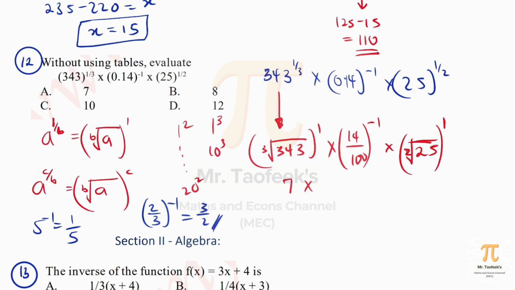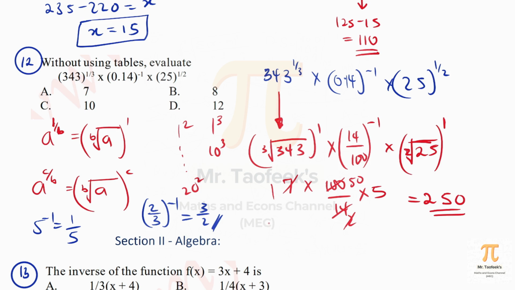So in this case now, having a -1 there simply means we're going to flip this fraction. This entire fraction here is going to be flipped, and then we're going to have 100 out of 14 times the square root of 25. Everybody knows that, right? So simplify very quickly. 7 here 1, 7 here 2. 2 in 100 is 50. 50 times 5, 5 times 5 is 25. That's 250. And our answer is,